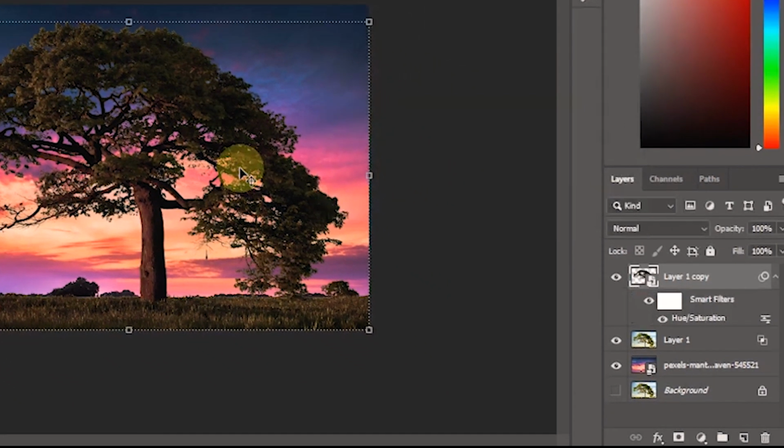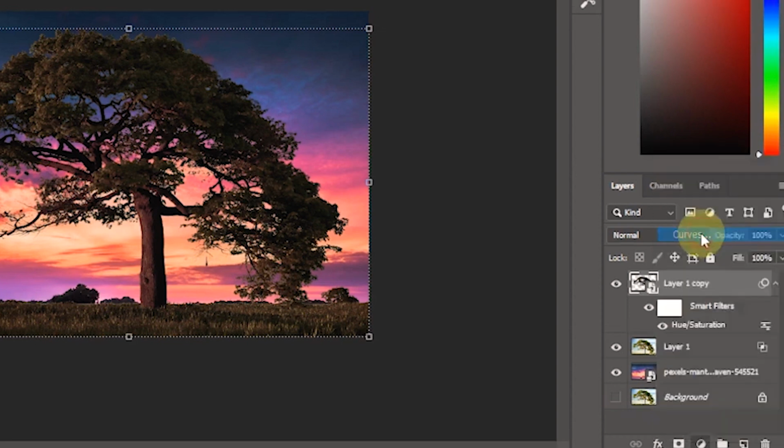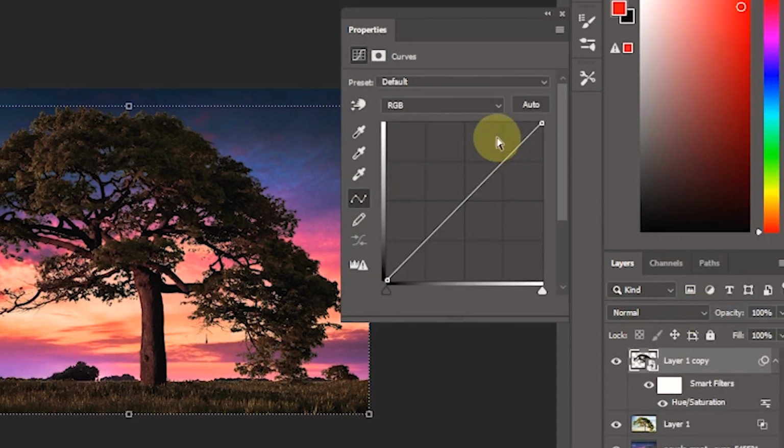To adjust the light and contrast, add an adjustment layer. And then select Curve. Turn on Clip to Layer mode.